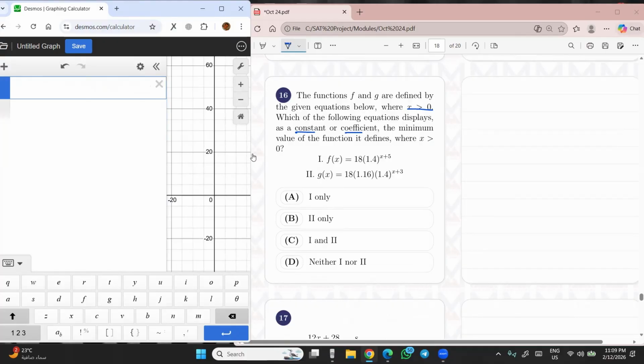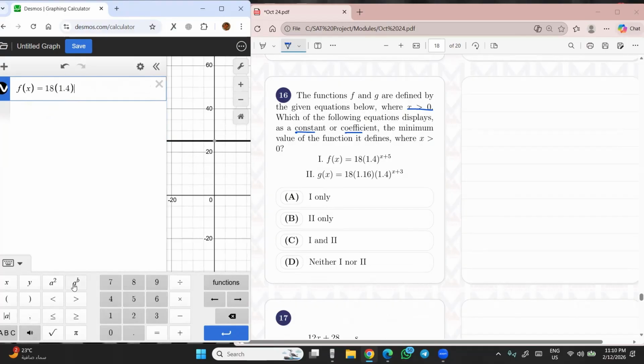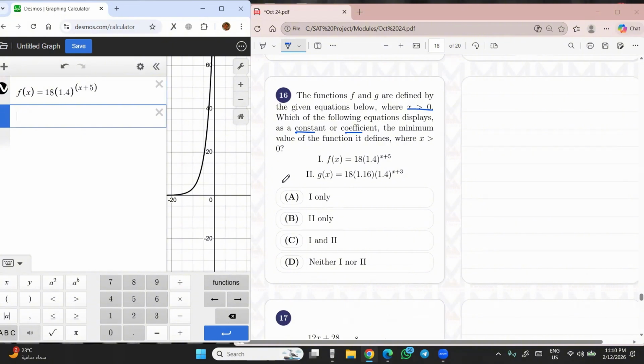And I will show you now how to write them. f of x is equal to 18, parentheses, write 1.4, and go out and write the exponent. Here is our exponent. And be careful to write the parentheses on the exponent, because we have an expression, not only a letter, x plus 5. That's our equation. Then go to the next one, g of x